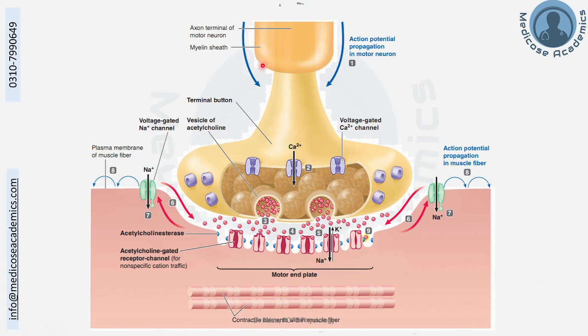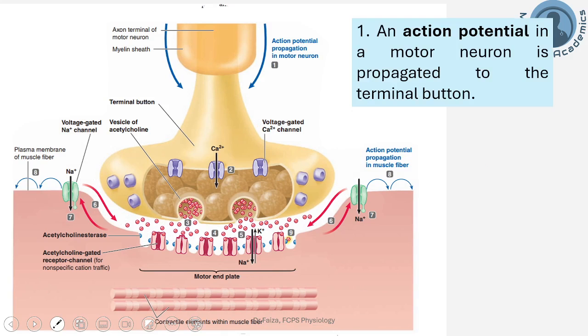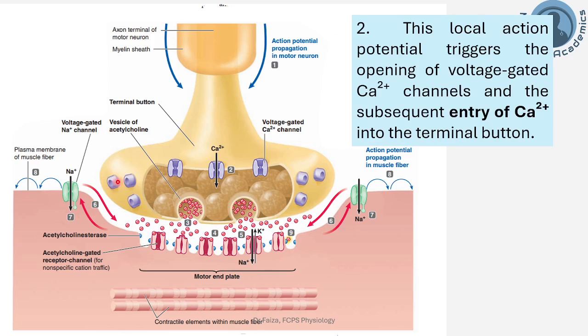Here you can simply appreciate this is the neuronal terminal which is present at the motor end plate of the sarcolemma. And we are going to have a look step by step how this transmission occurs leading to the skeletal muscle contraction. So starting from an action potential in the motor neuron, it is propagated to the terminal bouton that is present at the neuromuscular junction. What does this action potential do? It will depolarize the neuronal terminal, which will lead to the opening of the calcium channels.